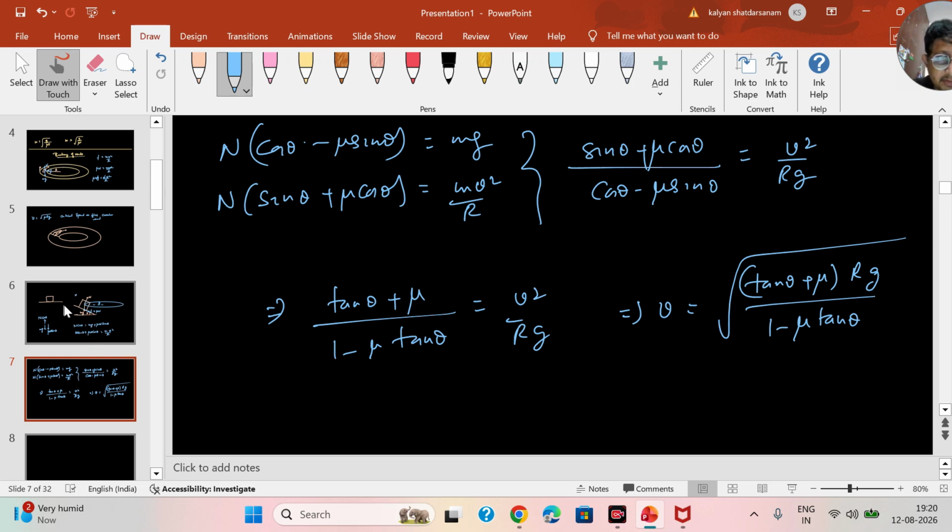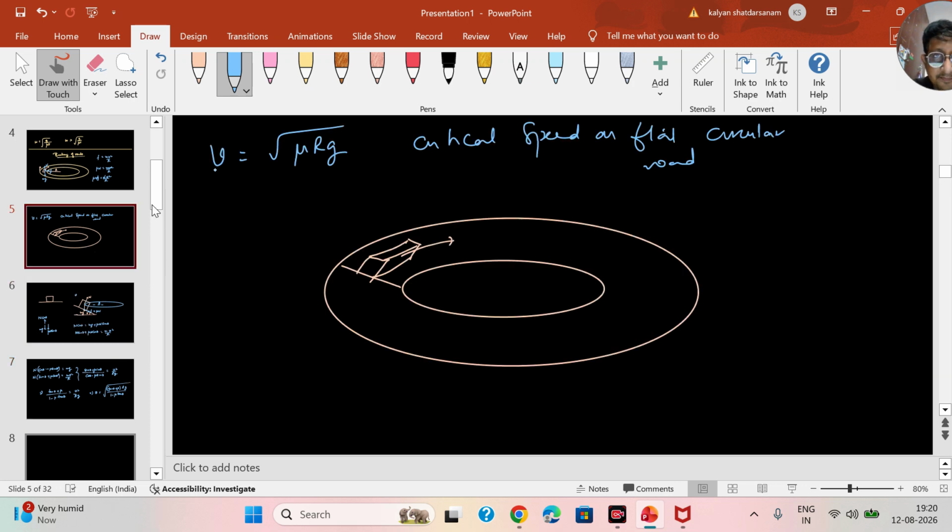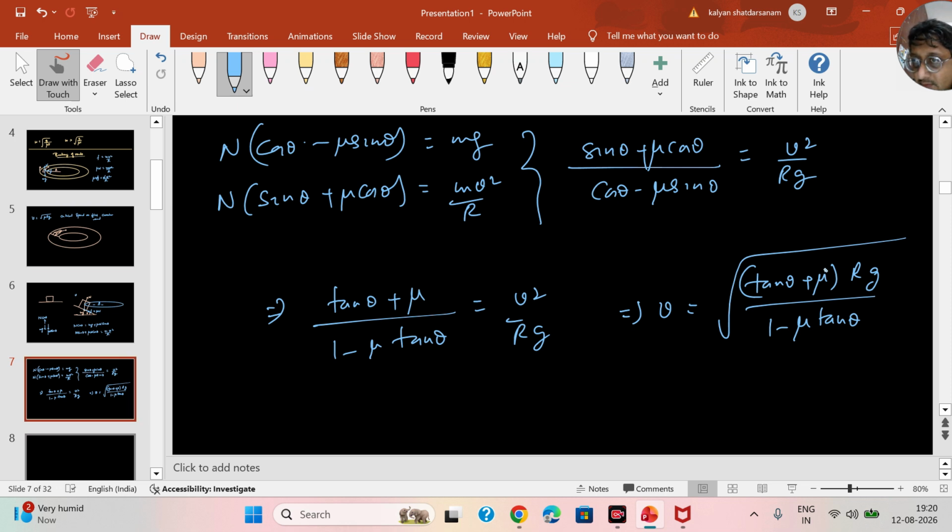You see what was our previous value? It was, if you go here, mu rg. This term was the previous term, mu rg. But now to that you added another tan theta into rg and you have divided this with a fraction, because mu into tan theta will generally be less than 1. So you are making it huge. This speed is much better than our previous speed, and even though you are going at higher speed now, you